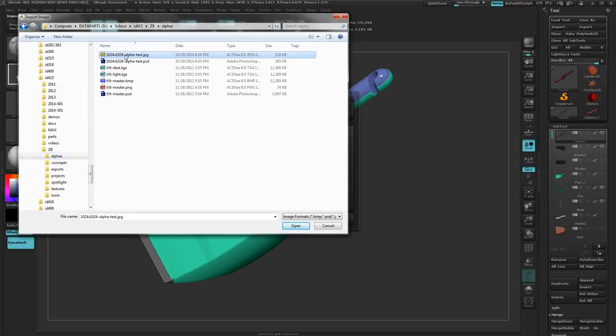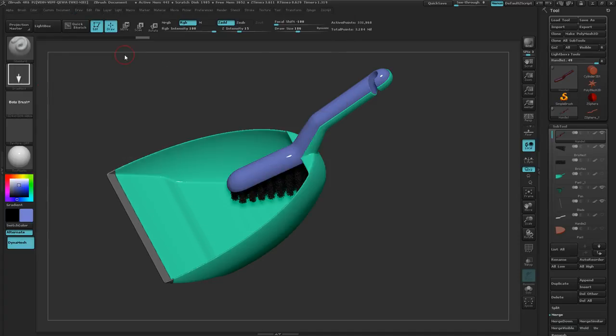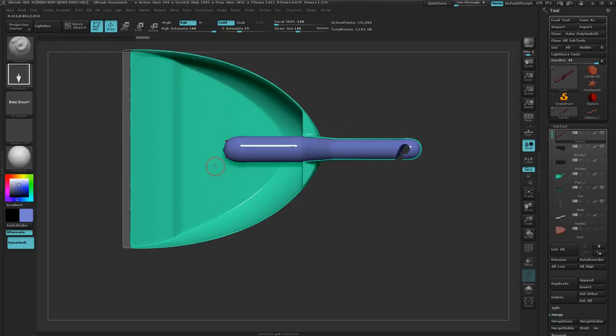texture. Let's double click that. Yeah, there's that alpha brush in it. Let's make sure I've got the handle picked. And if you want to add color to this, you can leave RGB on, or you can just turn it off and just do embossing. It's actually kind of cool to leave the color on. So in this case, I think I'm going to leave that on and maybe drop down to a slightly darker blue. Let's turn symmetry off,